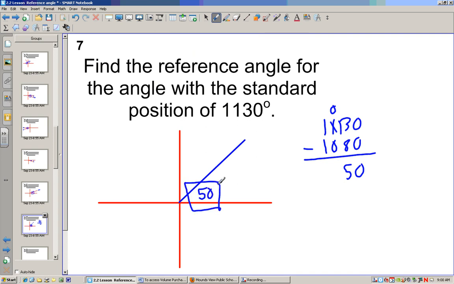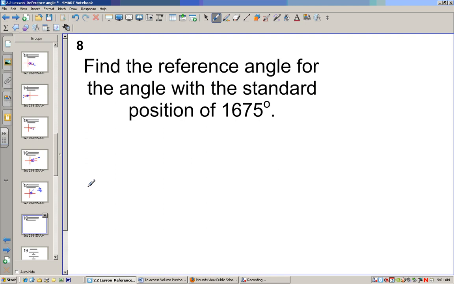Now, some people who play a lot of video games remember this from skateboarding games. So they're able to go 360, 720, 1080 pretty quick. All right, so